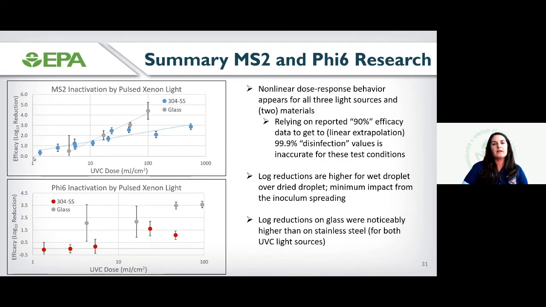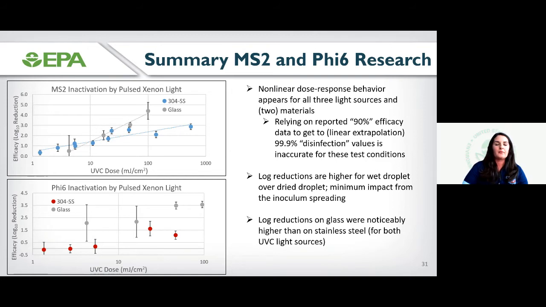So in summary, and just to point out, these two figures on the left summarize both the MS2 inactivation by the pulsed xenon light on the top and the Phi-6 inactivation by the same light on the bottom. But here I want to note that the X scale is in a log scale. So for both MS2 and Phi-6, and on two different types of materials, we see this nonlinear dose